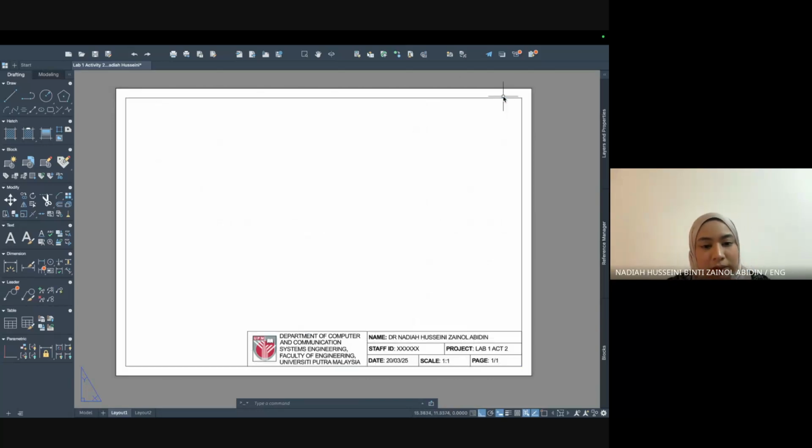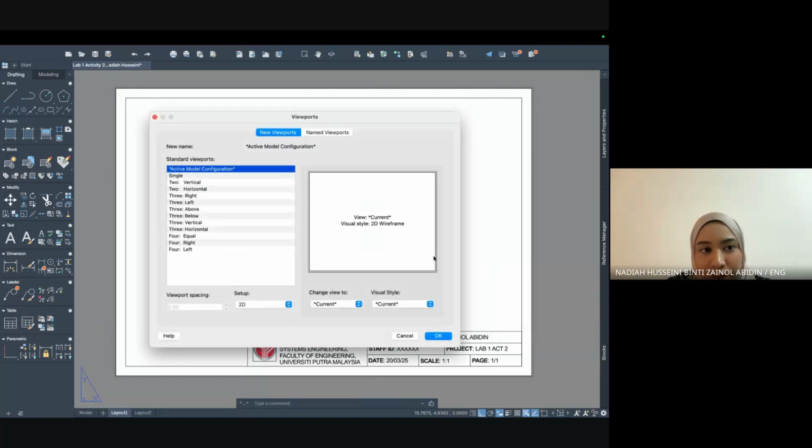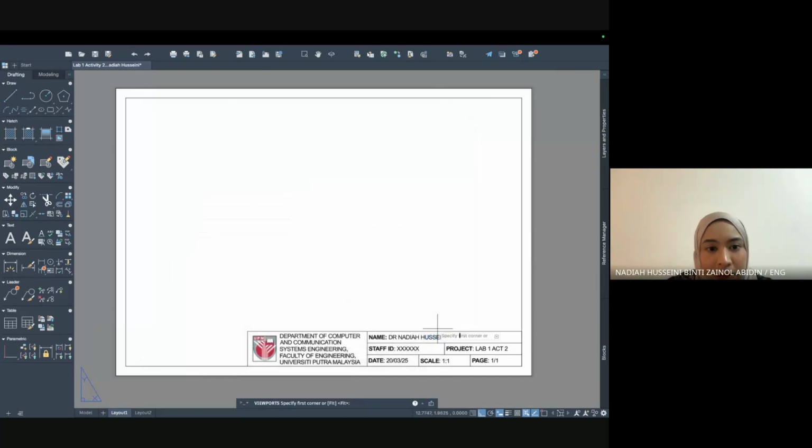No, okay, never mind. Viewport again. So my viewport for Mac is a bit different. That's what I was trying to explore a bit just now. So single, okay. And then specify first corner. This is going to be my first corner. My opposite corner